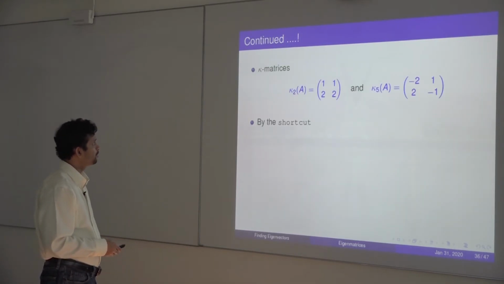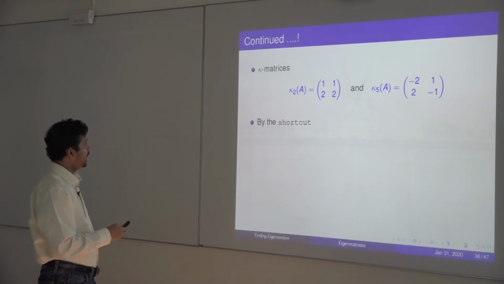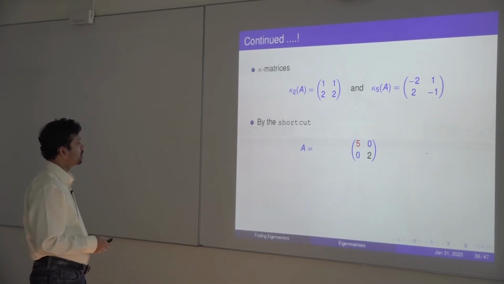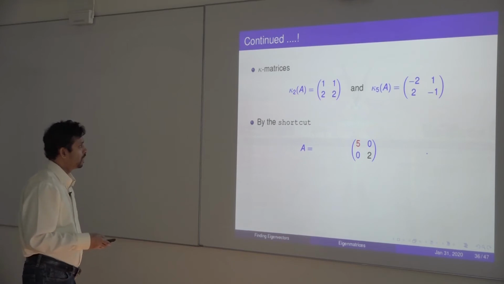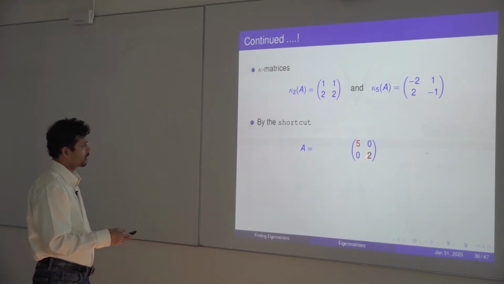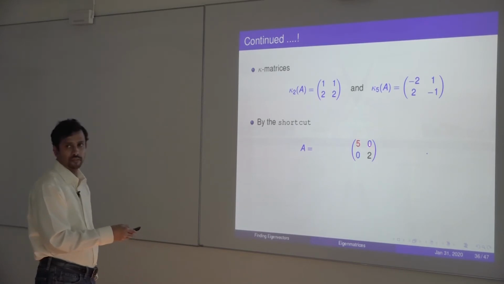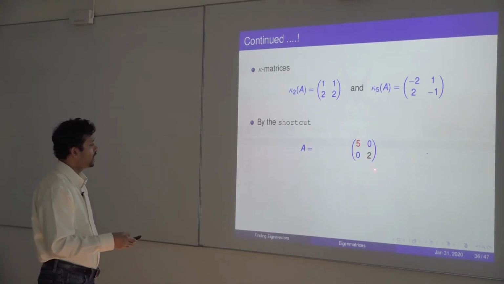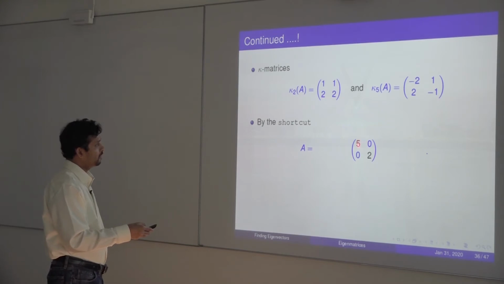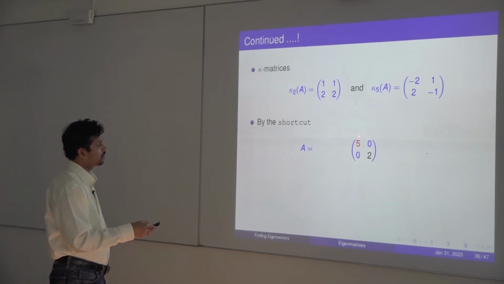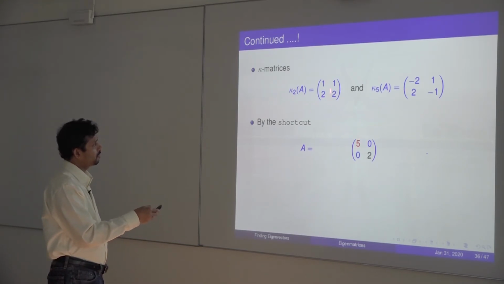Okay, so we have those two now, and by the shortcut, what we're trying to do is diagonalize the matrix. We put the eigenvalues first, in the diagonal; that's the D matrix. So 5 and 2. Now, these are the eigenvectors of 5, so we put those there first,